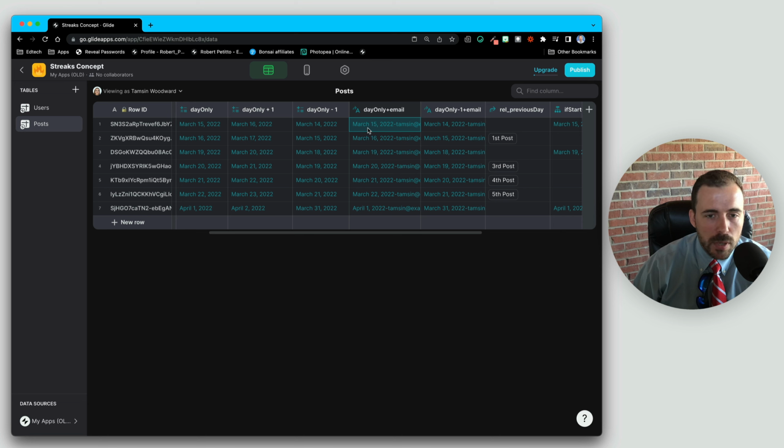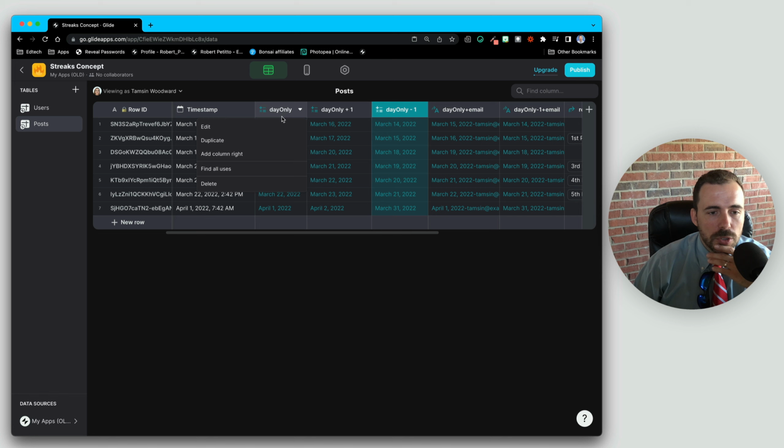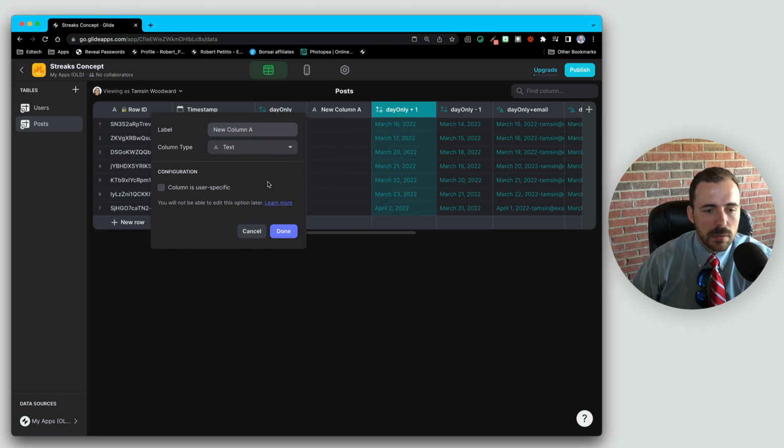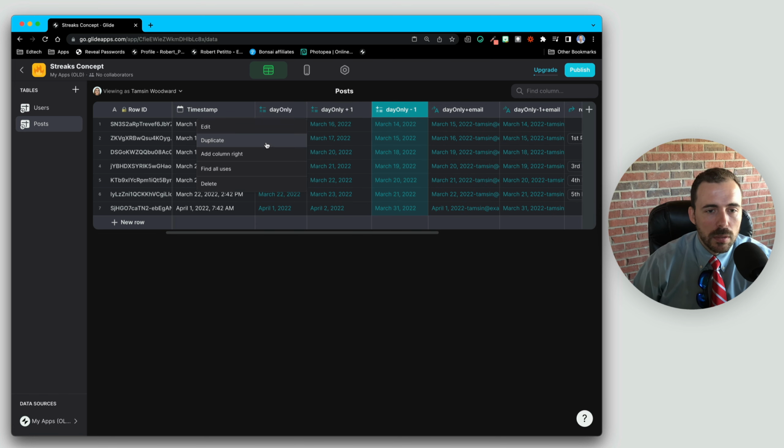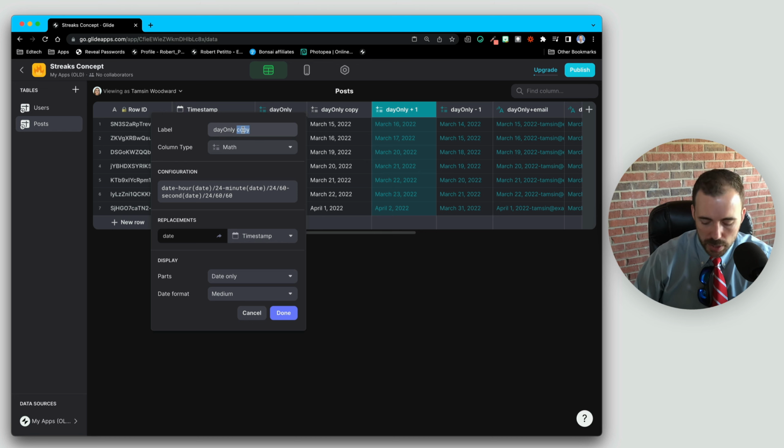Okay, so here's what I'm going to do. I'm going to take each of these columns here and craft a value based on that date. So I'm going to add a column to the right. Let's actually do a duplicate. So this will be day only